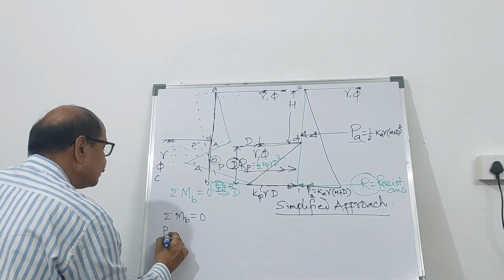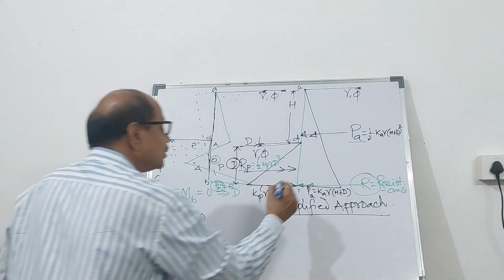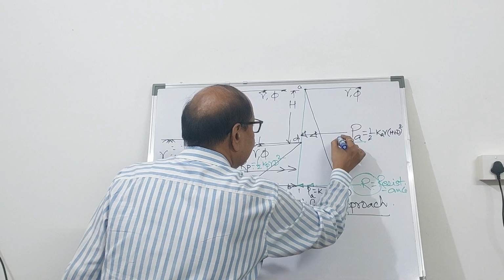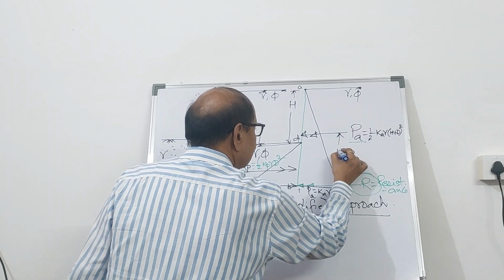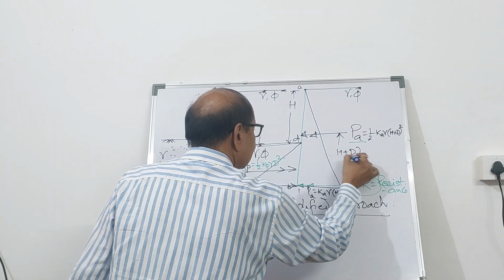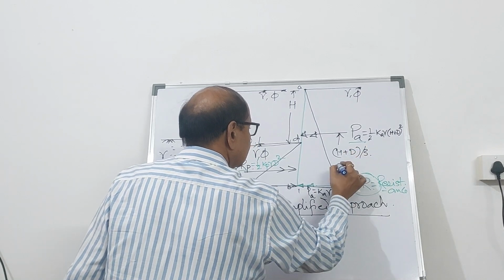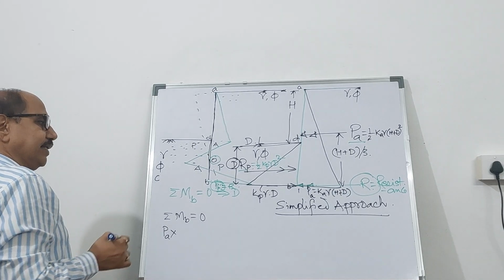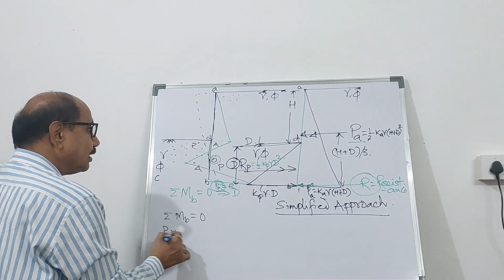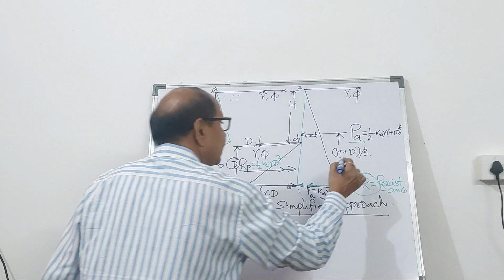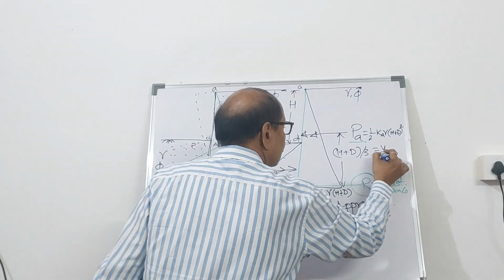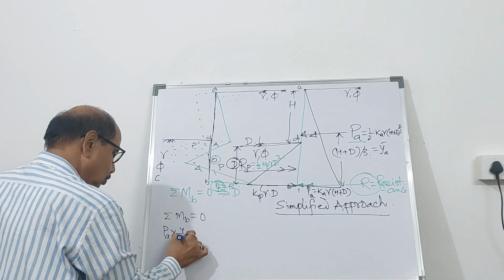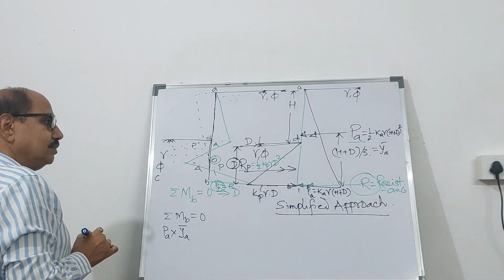So PA into this will be acting from the bottommost point B at a distance of (H plus D) by 3, triangular variation. So you can write this as, let's say, equal to YA bar. So PA into YA bar